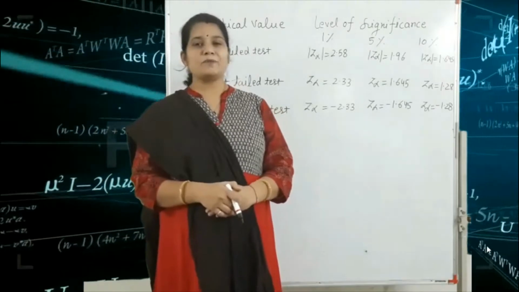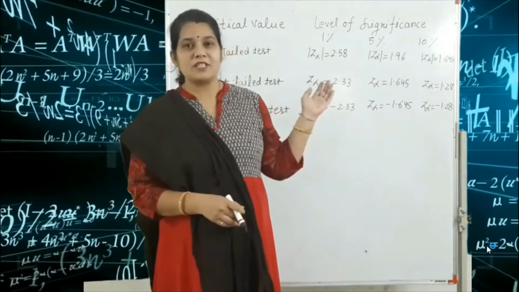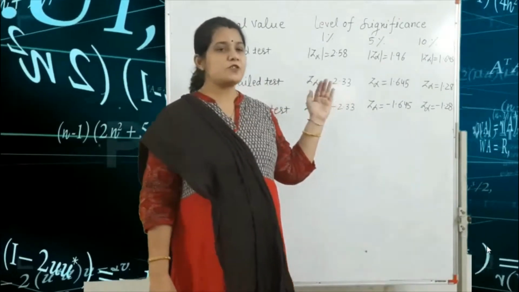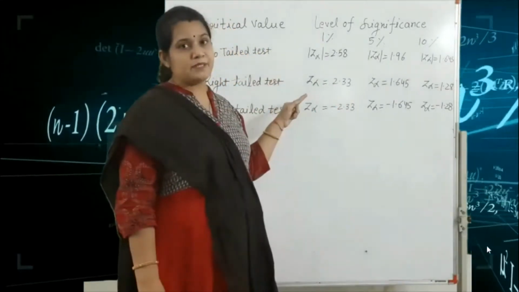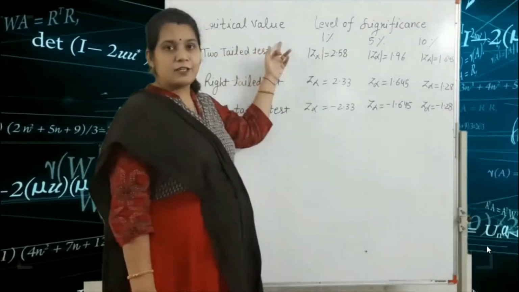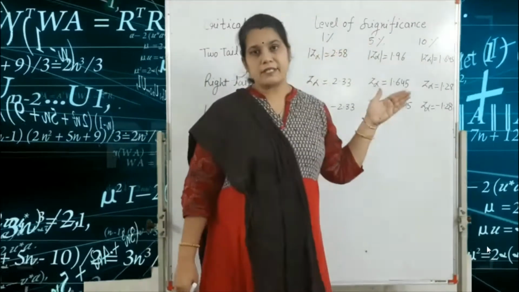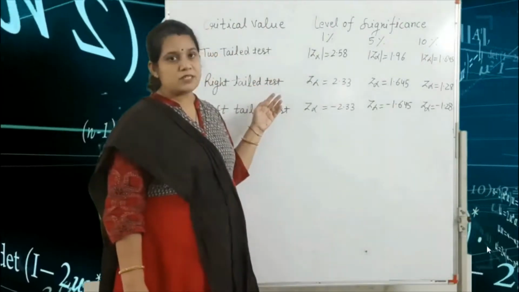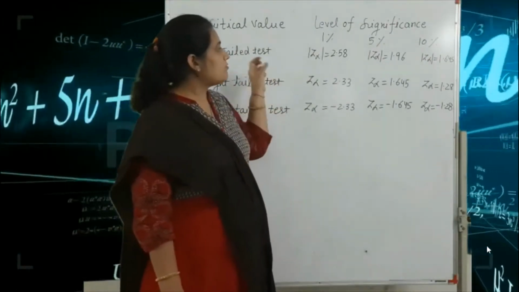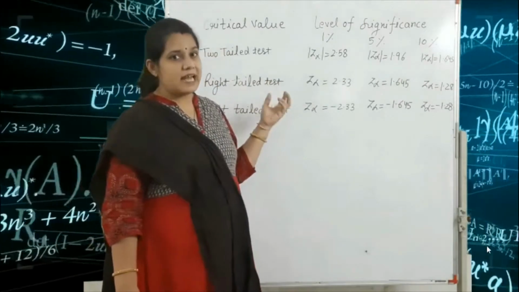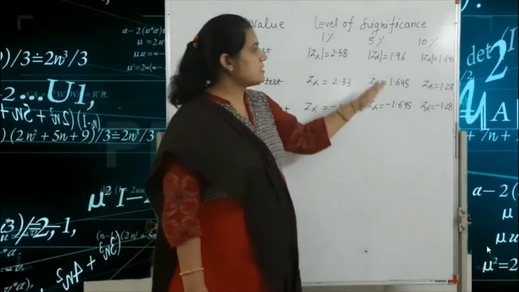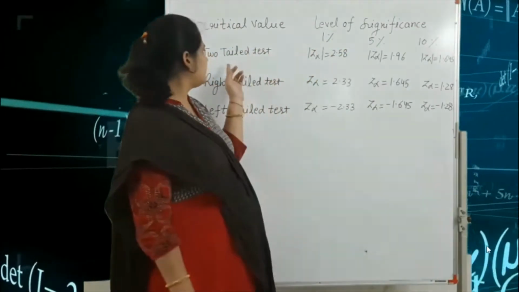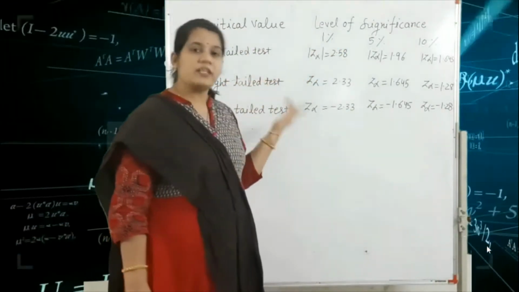Everyone, today I am going to take a lecture on hypothesis. This is the fourth chapter in probability and statistics. Here, given in the table, are the critical value and the level of significance, because if we solve the problems, they depend on the hypothesis. So always our final answer, that means the Z, we compare all these values depending on the level of significance and the two-tailed test or one-tailed test.